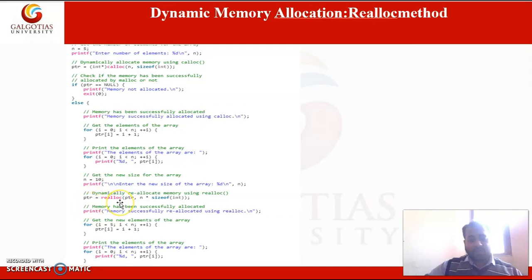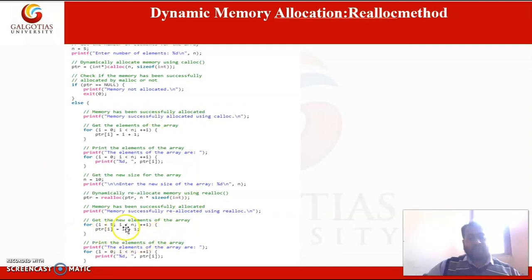Then using reallocation we are allocating more memory space, as you can see here, and then we initialize data values using this for loop. As you can see, we start the loop from 5, since we have already initialized the pointer with 5 values.